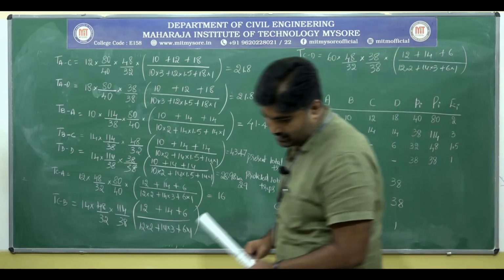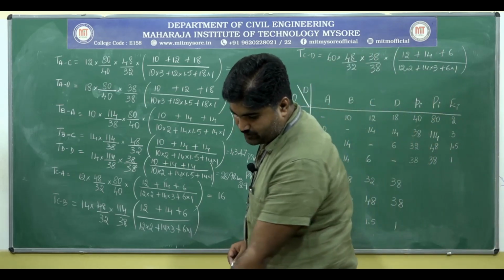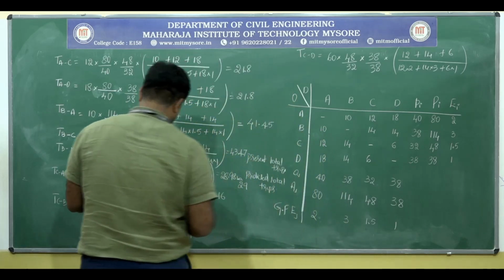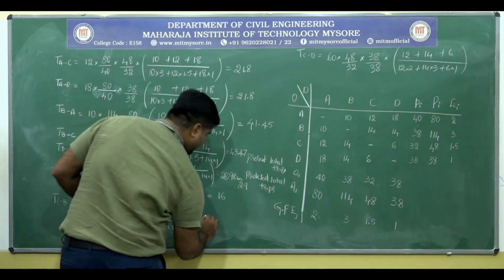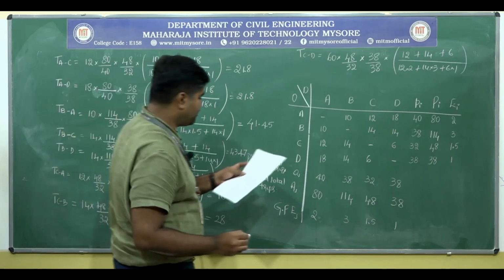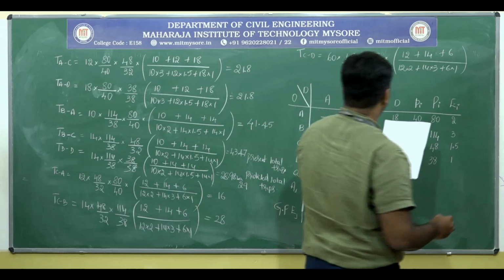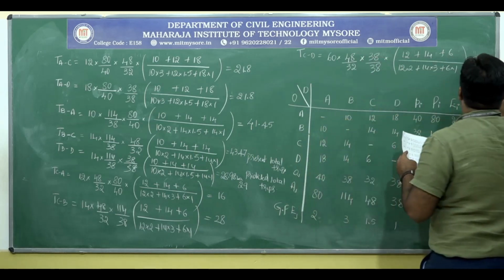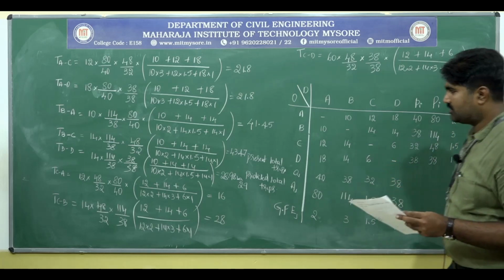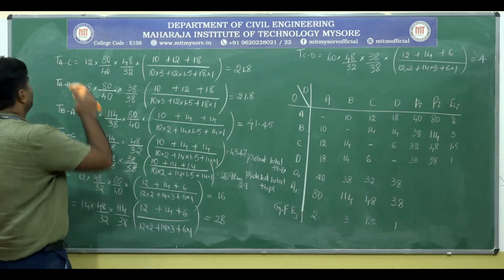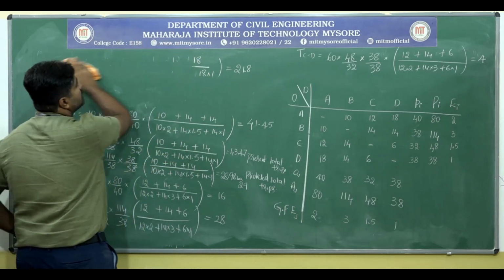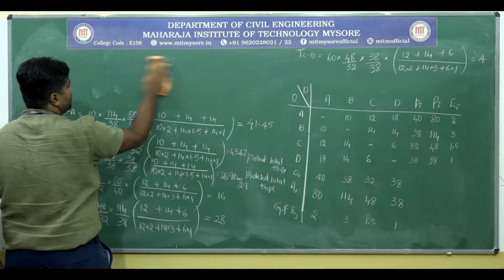See, for C to B, you will get 28. Okay, you should calculate using calculator. Okay, C to D, you will get 4. Okay, I will rub this, so you should be very fast. Okay, once again, by watching the video, you can